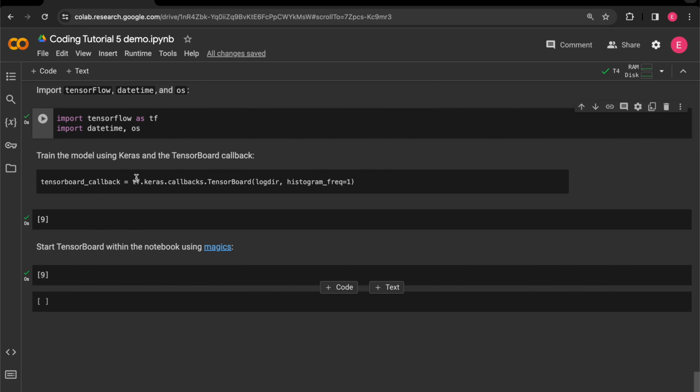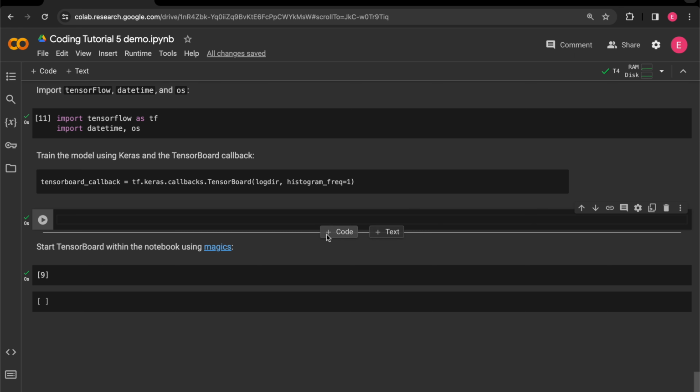Okay, and so to call the TensorBoard function when you're training models, simply use a callback. So what we can do here is that we create this TensorBoard callback,